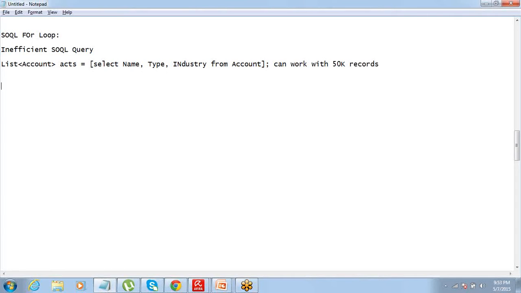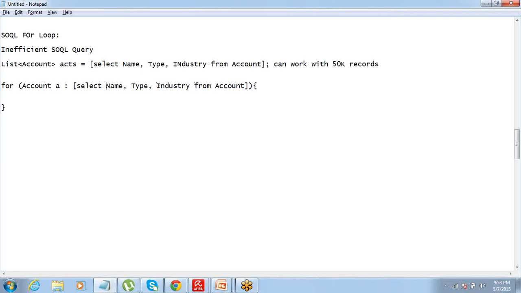Another way of doing that is to write it this way: for account A, don't write the SOQL query inside the for loop, but use a SOQL for loop, which is select name, type, industry from account.